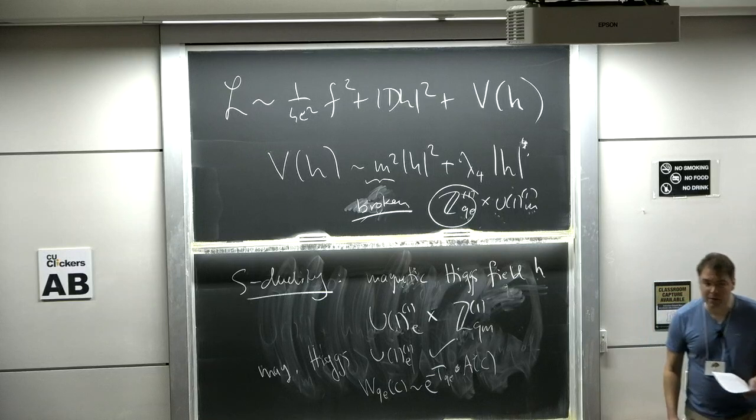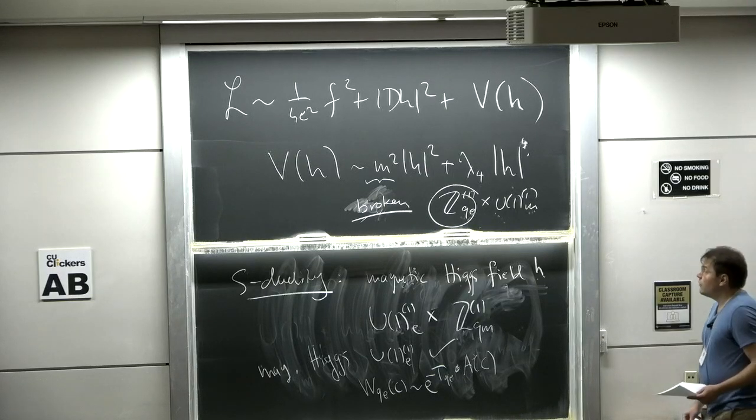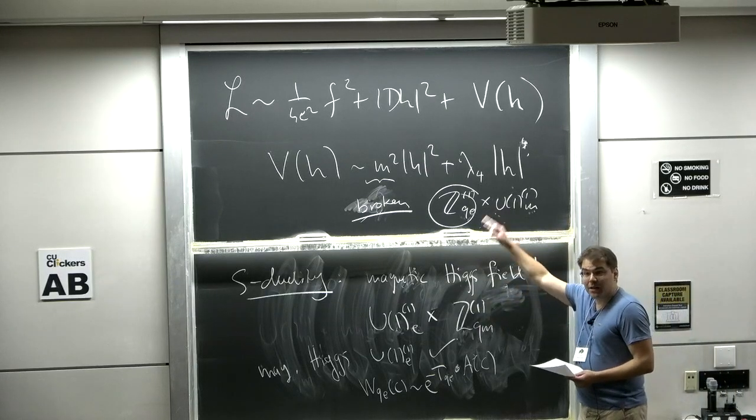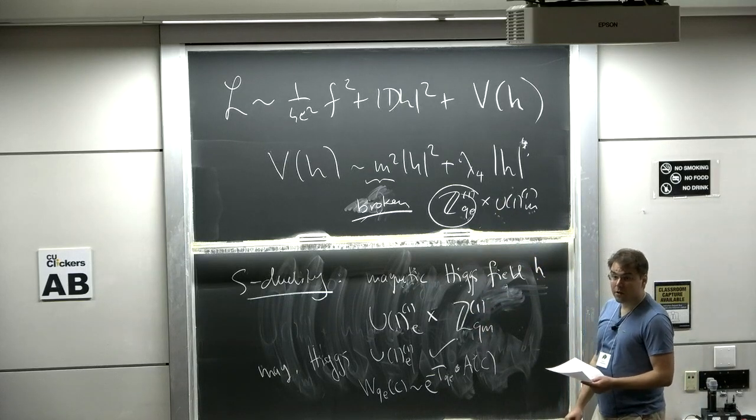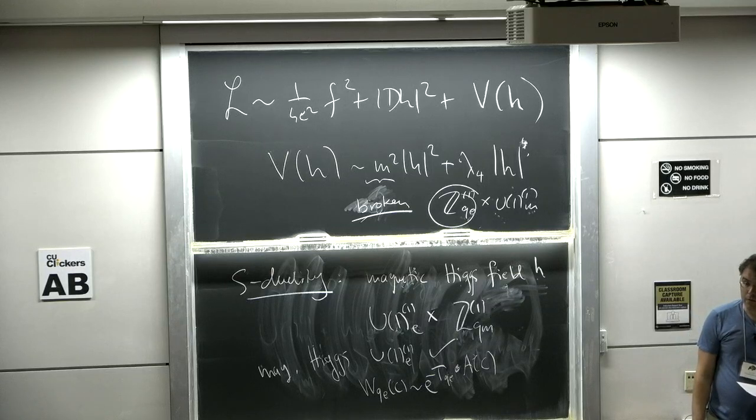This was a famous insight of Mandelstam and 't Hooft, and it plays a role in our modern understanding of confinement, even in non-abelian theories. And the reason for that is that this abelian Higgs model, suitably interpreted, often appears in an interesting effective description of those theories.